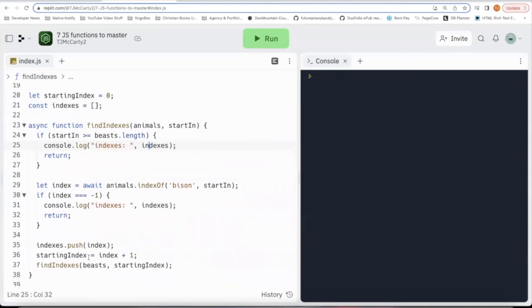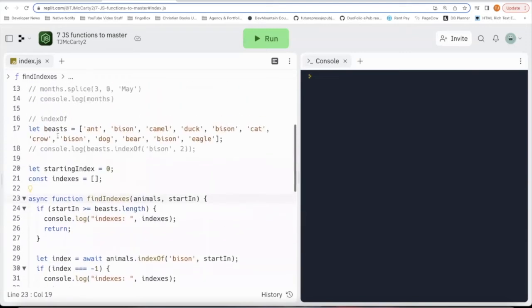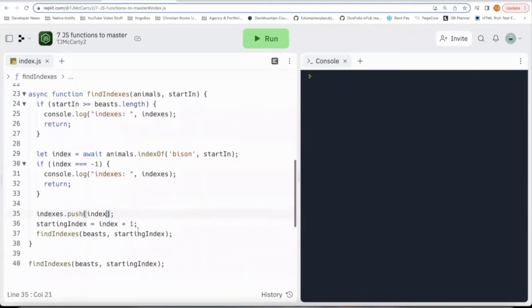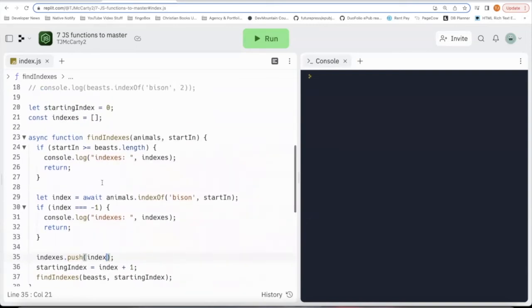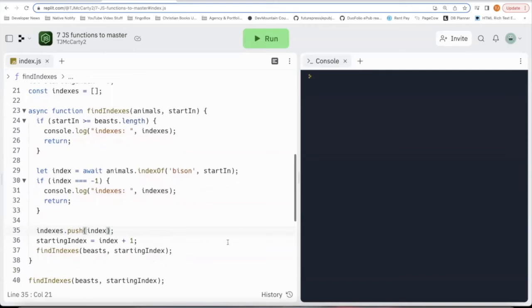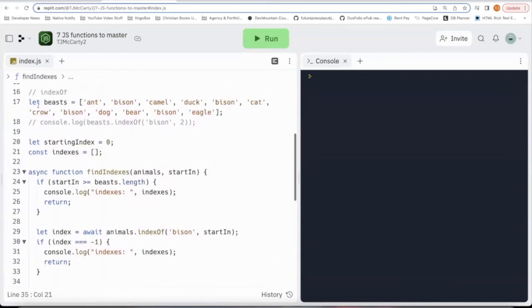It'll say starting index, make it the value of this index that we just found +1, and then run this function over again with the same array beasts, but this time have the starting index be this new starting index that we just updated. And then it loops through that again. It'll continue to do that over and over again until either the start index value is greater than the length